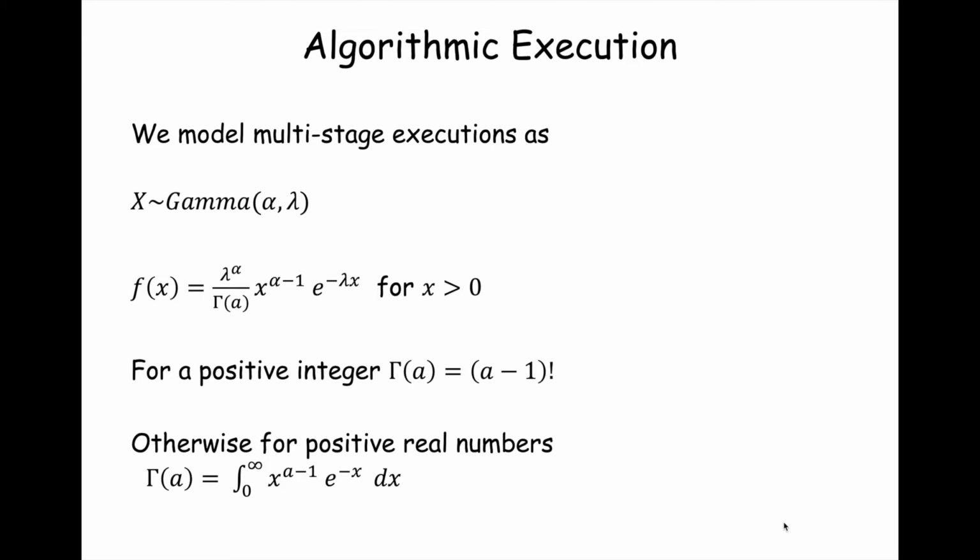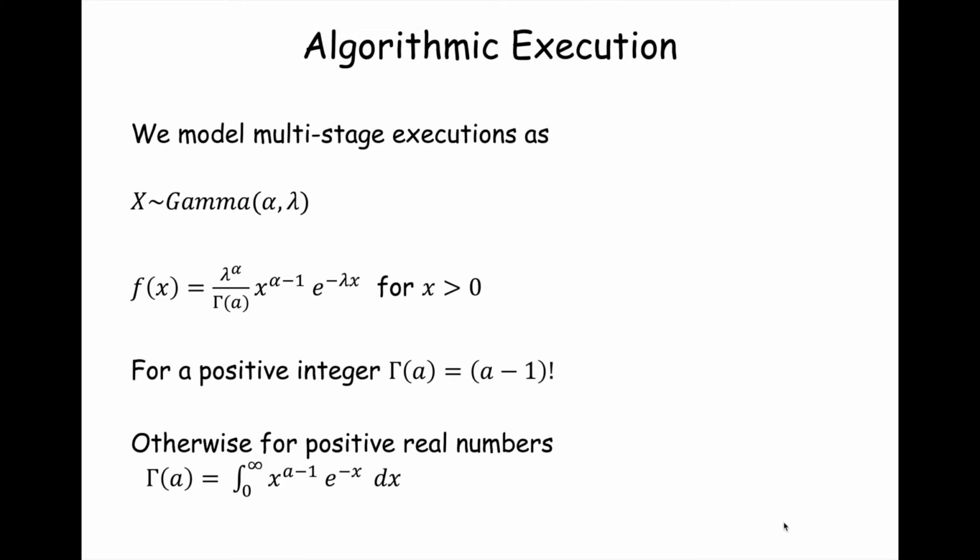And like other distributions, we see a relationship between the gamma and the exponential, like how we saw a relationship for the geometric between the Bernoulli and the geometric, right? And we saw a relationship between the binomial and the Bernoulli, right? And so here we see a relationship between the gamma. It's just a number, alpha many exponential distributions, one after the other, to define an algorithmic execution. So here we have the gamma distribution, and you note that as x, and that squiggle means is distributed as. That's how you'd pronounce it.